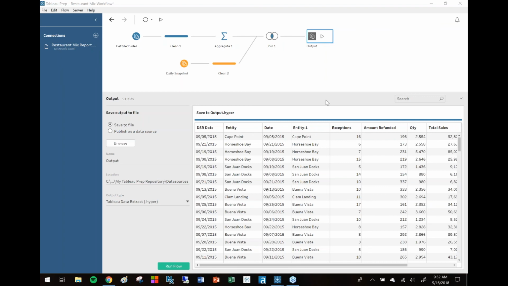Cool, yeah, so here's another question. Is there a way to clean out duplicate data in Tableau Prep? It's hard to say without seeing the exact data source, but I'm going to venture to say that it's very likely that you can. Without knowing more about the nature of the data, it's hard to say maybe why it's